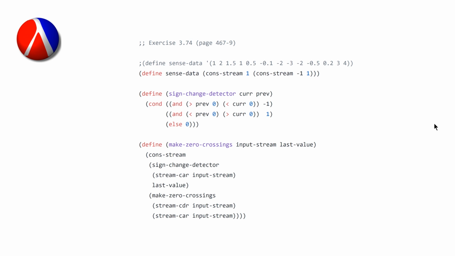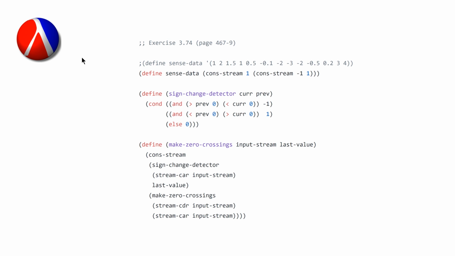So if we take a look at the answer that I have, you can see that I first tried to take the sense data that the exercise gives us to use this, but obviously this is going to be a list and not a stream, so we're not going to be able to use this due to the fact that I'm using the hash SICP language, which is very close to MIT Scheme. If you are using Racket, however, they do have stream to list and list to stream, and Scheme might have the same